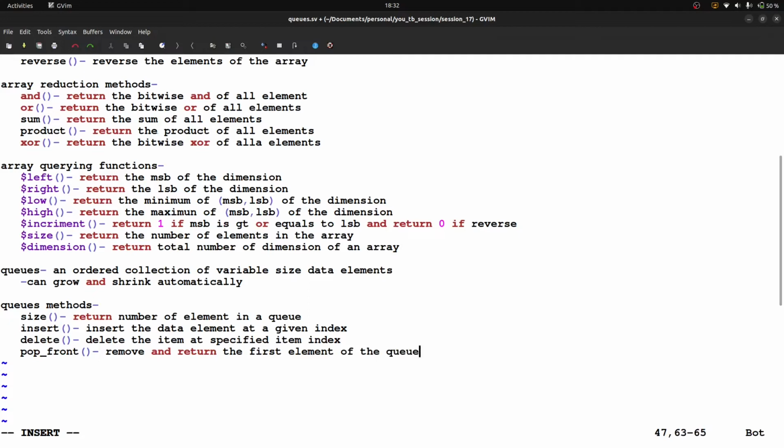Okay, next one is pop back. Remove and return the last element of the queue. Means let's say I want to pull out the last element of the queue, so I can use that method, pop back. Okay, next one is push front.